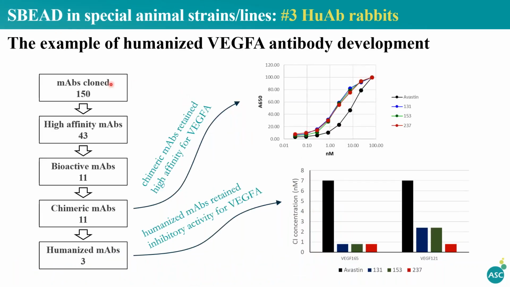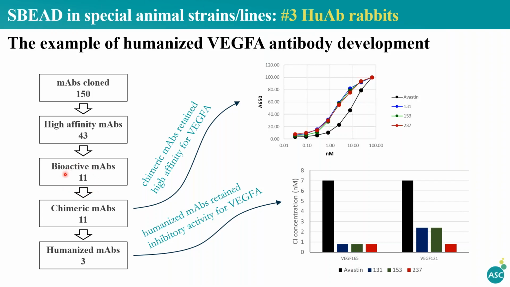In one example, when we tried to develop an antibody against VEGF-A, we were first able to develop a total of 150 monoclonal antibodies. Out of the 150 antibodies, we selected 43 that have affinity with a KD of less than 1 nanomolar. From the 43 high affinity antibodies, we identified 11 that are able to inhibit the cell proliferation function